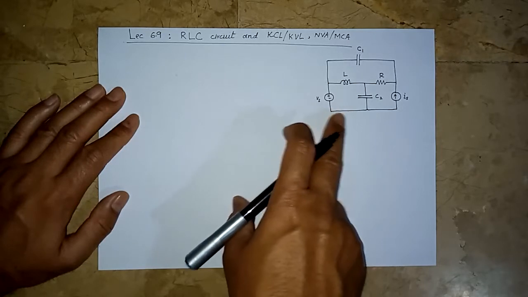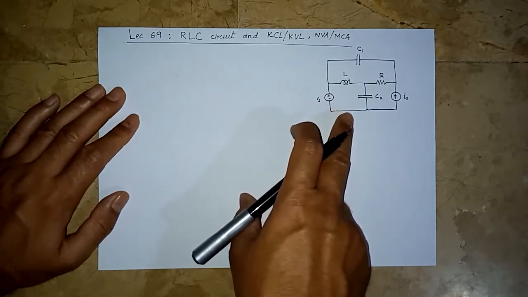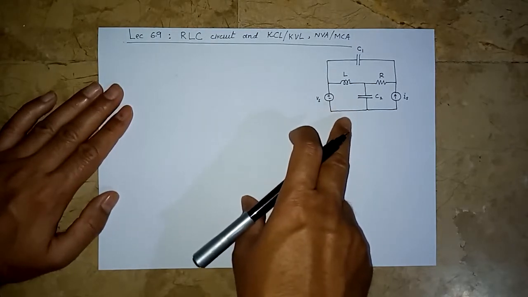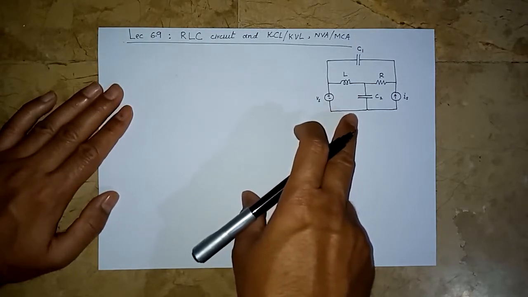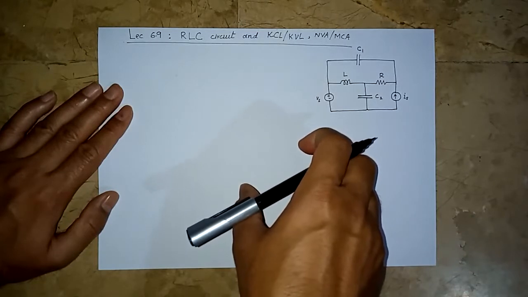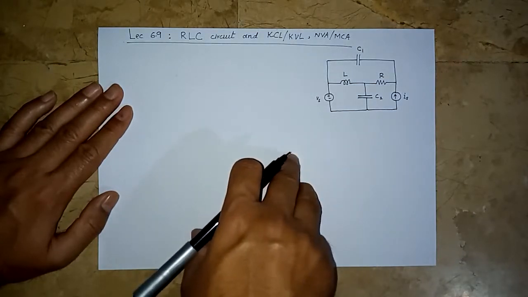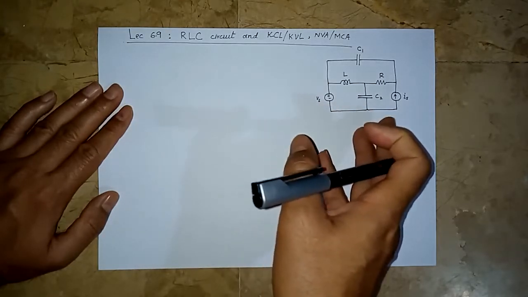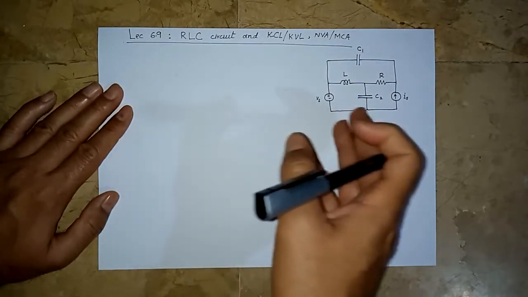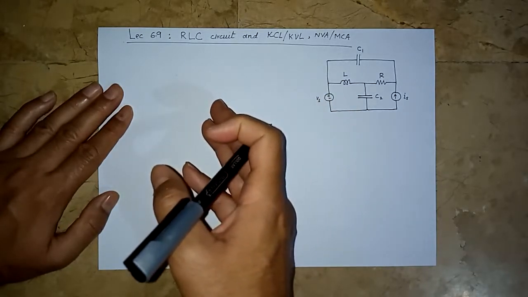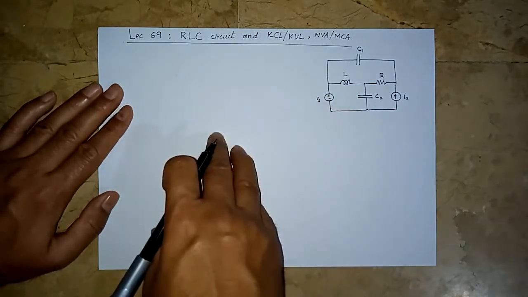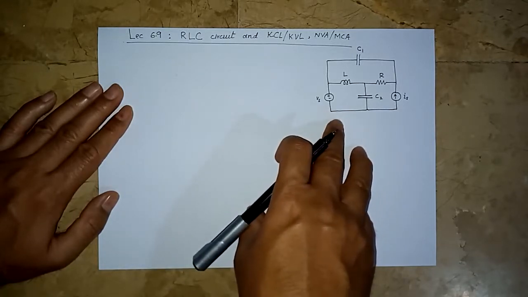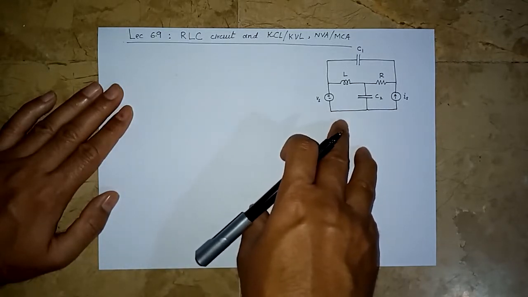Although we have not used values here, because soon we are going to come to know that this is quite a complex circuit to solve with the current knowledge of circuit analysis that we possess. What we know is KCL, KVL, and circuit solution techniques like NVA, MCA, and we know the terminal behavior of each of these elements: L, C, and voltage source and current source. So how are the techniques that we already know going to help us solve such a circuit?